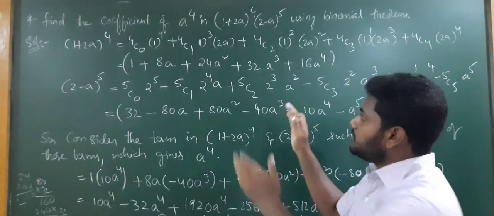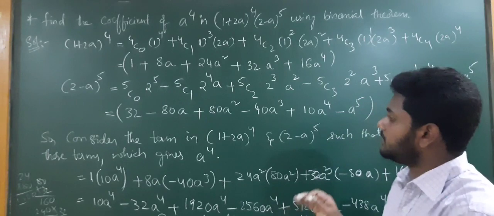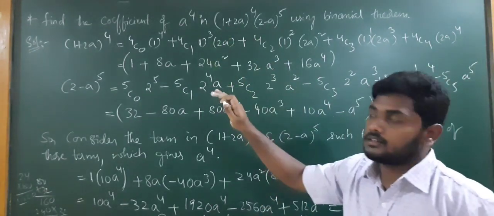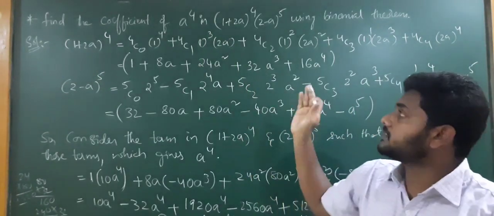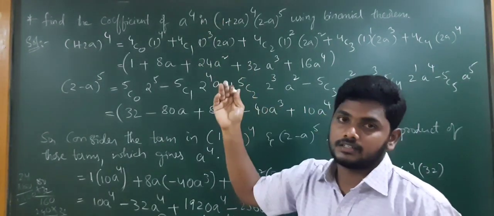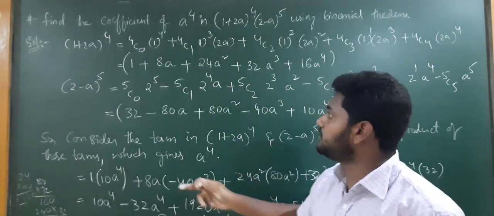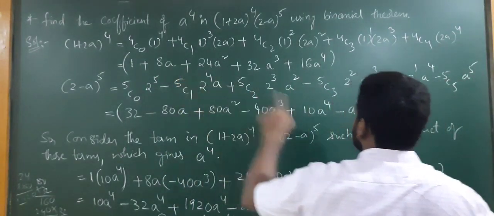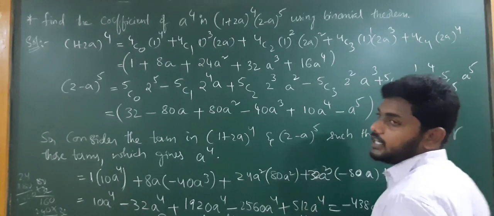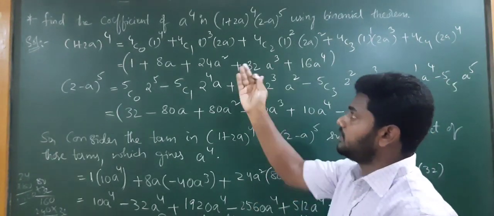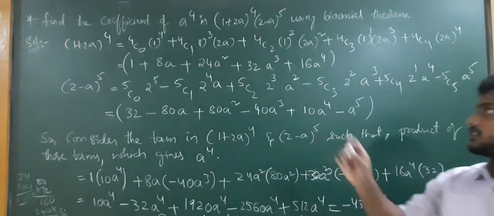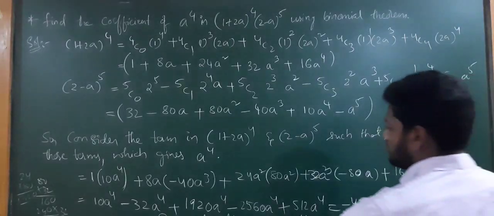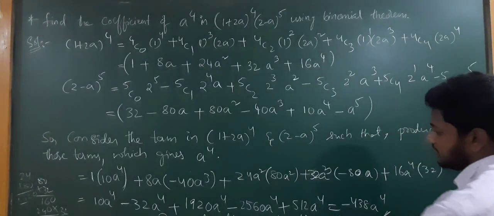It will take time if you multiply all those terms, but you consider only such terms which give a power 4 if they ask, or a cube if they ask, or sometimes they will ask a power 6. If they ask a power 6, which terms do we need to consider? 1 into a power 6 we won't get. Next, 8a into a power 5 we will get a power 6. Such terms only we need to take. We need to consider the coefficient of such terms. Pause the video to note it down.